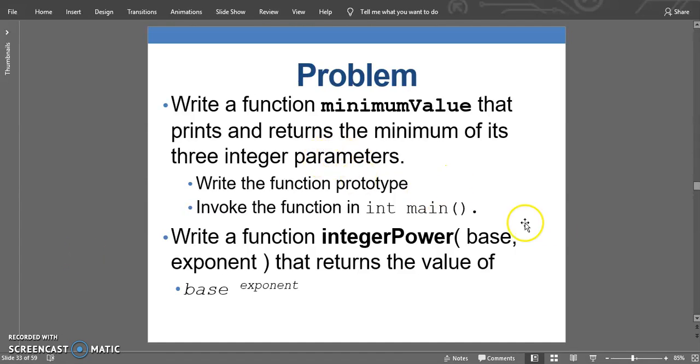So the problem reads that you should write a function min value, which would be the name, that prints and returns the minimum of its three integers. So it's three integer parameters, and those will be passed to the function. They're saying that we should write the function prototype and invoke the function in int main, which is similar